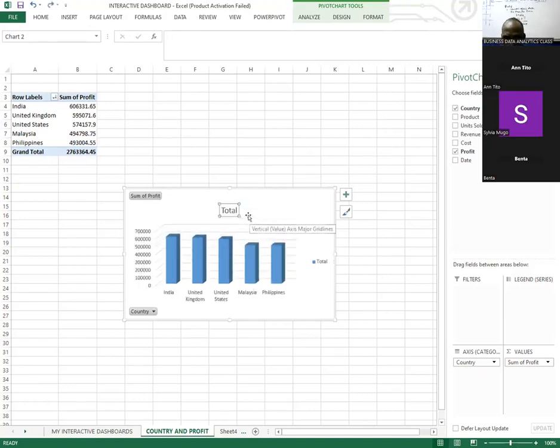Sorry. Let me undo. So I will type country and profit. The country and profit. And then after you click the country and profit,